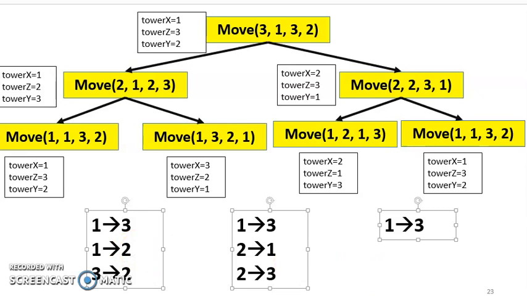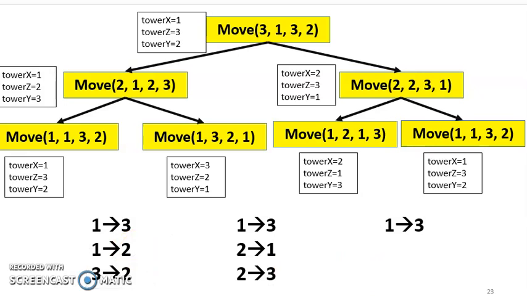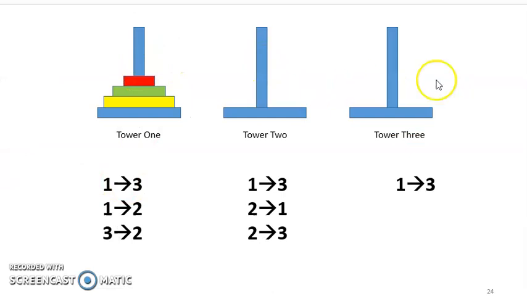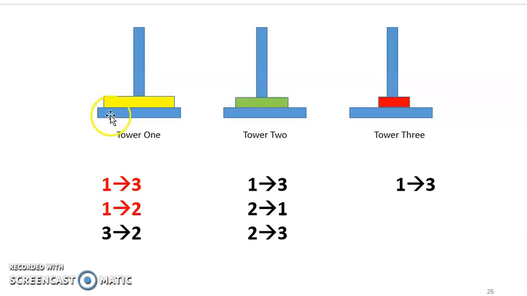Let us solve it using the actual tower of Hanoi. So this is your tower of Hanoi, 1 2 3, and let us move one disk at a time. So first one is called 1 2 3. So we'll move the red upper disk from tower 1 to tower 3. Move. Then 1 2 2. Move green from 1 to 2. Then red from 3 to 2. Red is moved from 3 to 2.